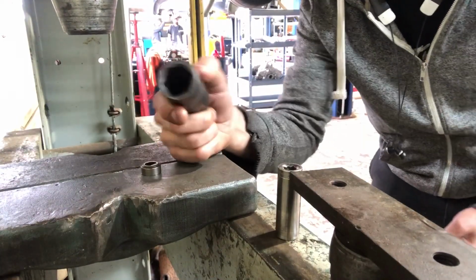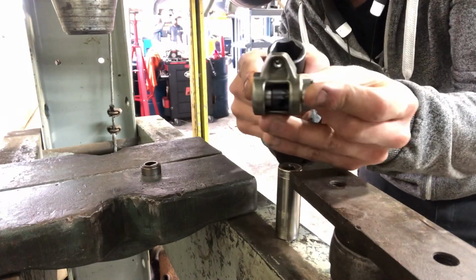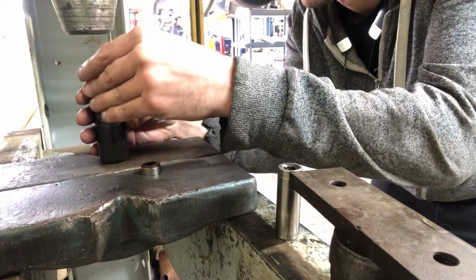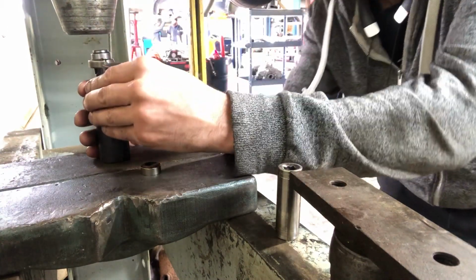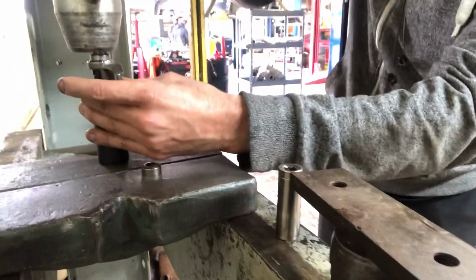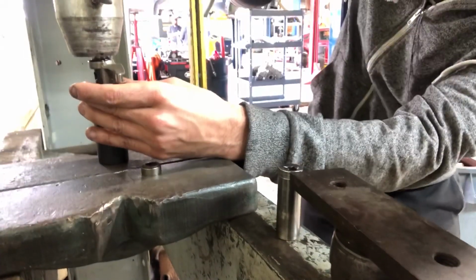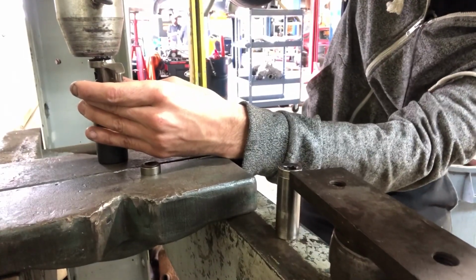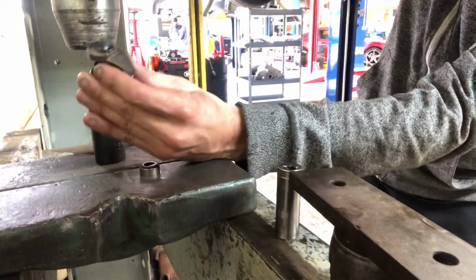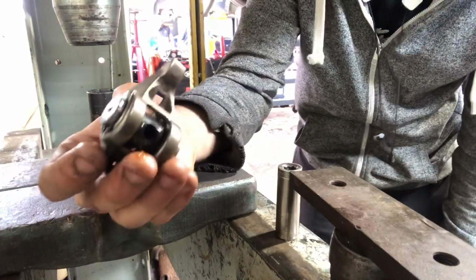So we're using the same socket again on the bottom here. That one, when we press it in, it has room to come out there. So put that in like that. Just kind of line this up on there. Got one side pressed in,